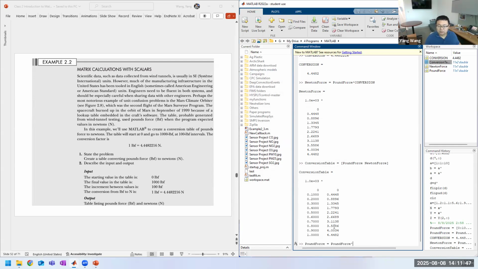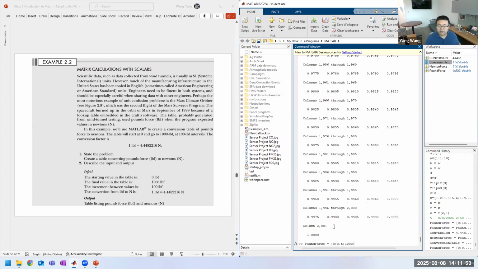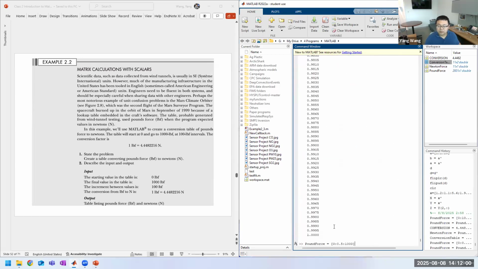What we can do is easily just change it over here, or even 0.5, right? And then you can do the same, transpose it, and do the calculation,